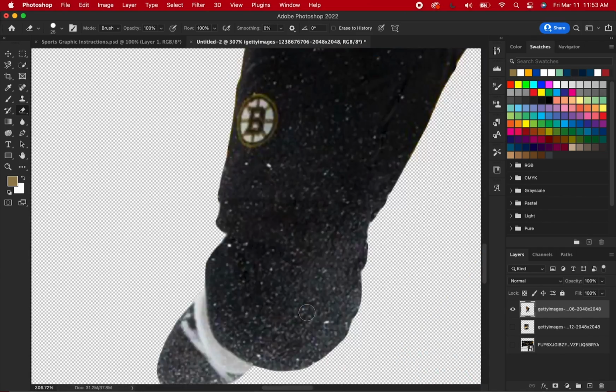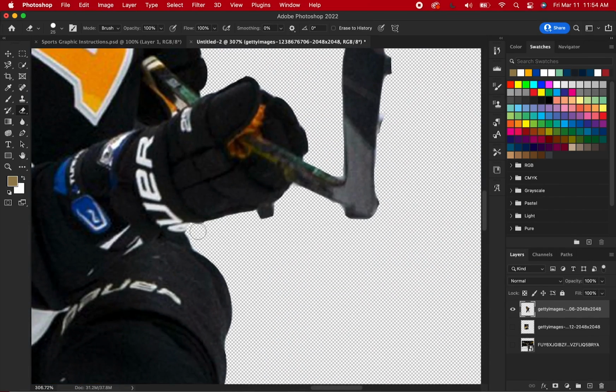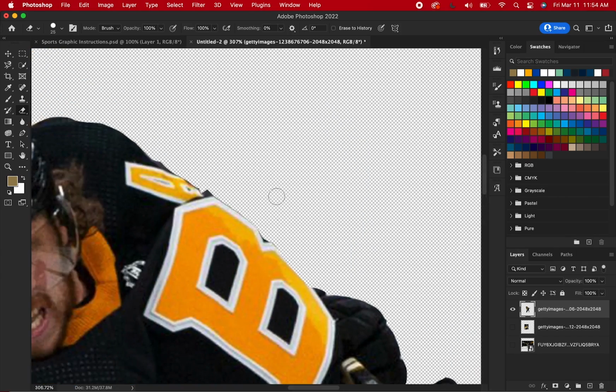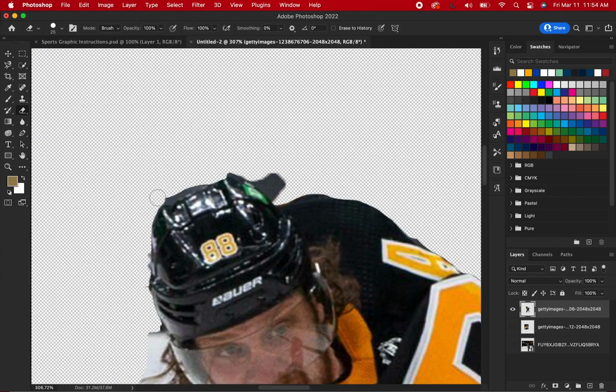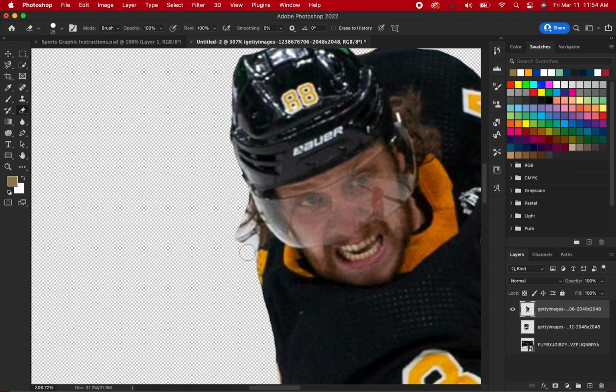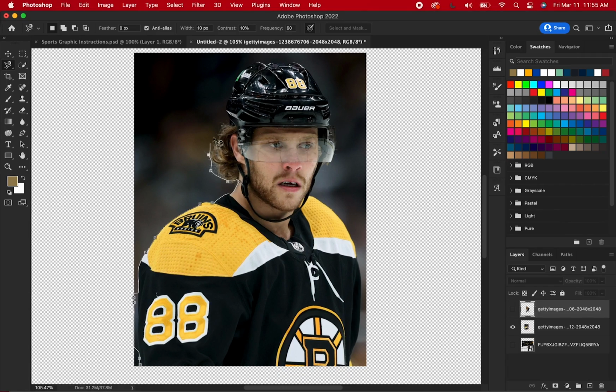Trim with the eraser tool. Repeat the process for the half-body image of the player as well.